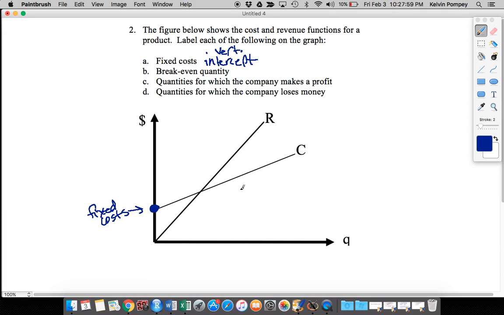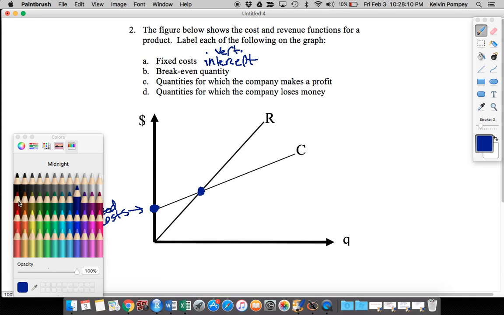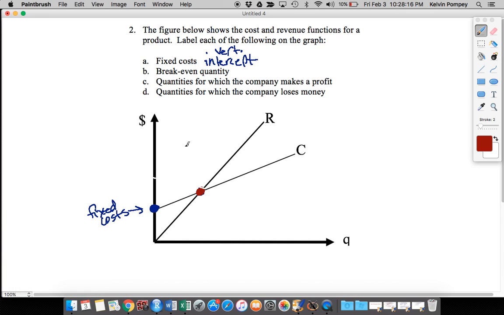The break-even quantity, well, you remember the point at which the revenue curve and the cost curve intersect is called your break-even point, right? And so that's my break-even point. And so if I want my break-even quantity, then all I have to do here is go to the coordinate on my horizontal axis. And this is my break-even quantity. I'm going to call it Q naught. Although it didn't ask for this, if I were to go to the point on my vertical axis, I would get my break-even price